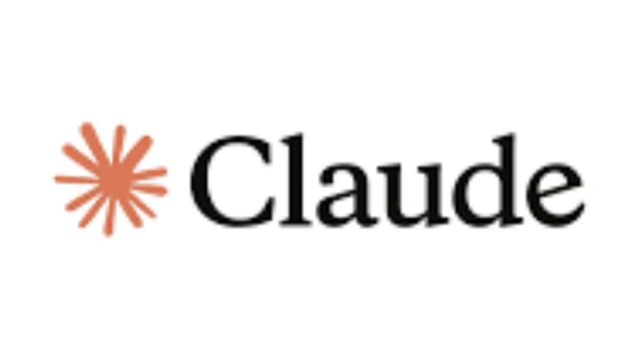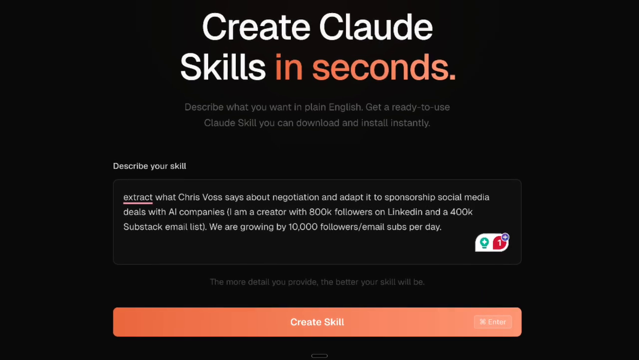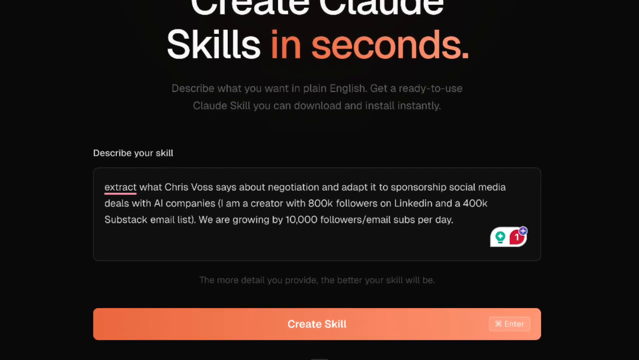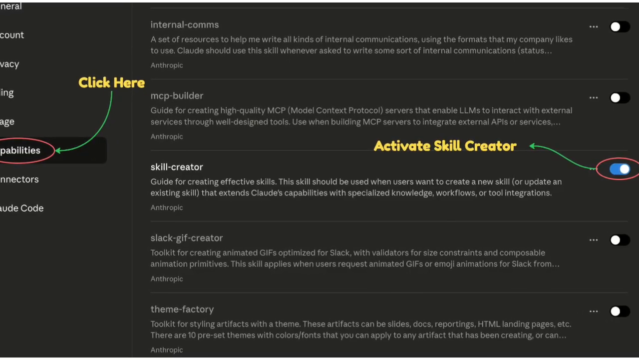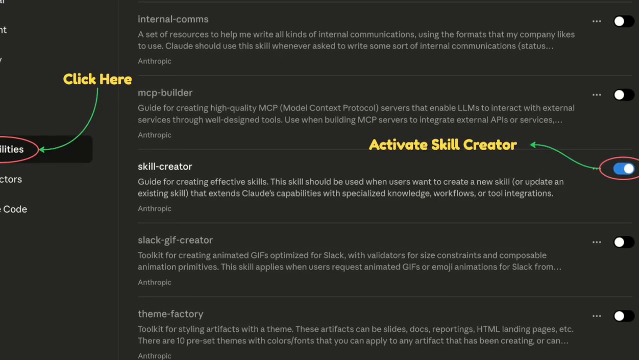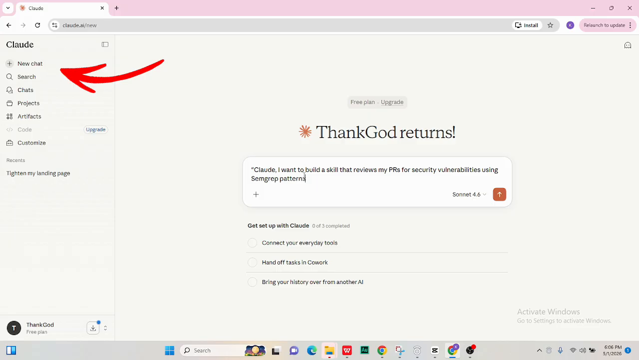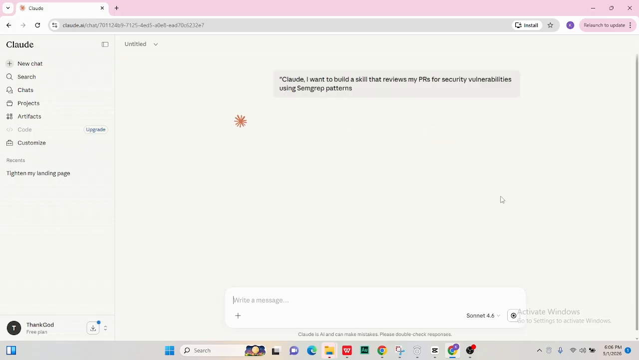The third method is using the skill creator. If you don't want to write Markdown, you can let Claude build itself. To begin, enable the skill creator tool in your settings. Start a new chat and say, Claude, I want to build a skill that reviews my PRs for security vulnerabilities